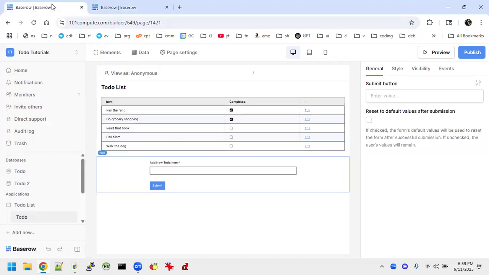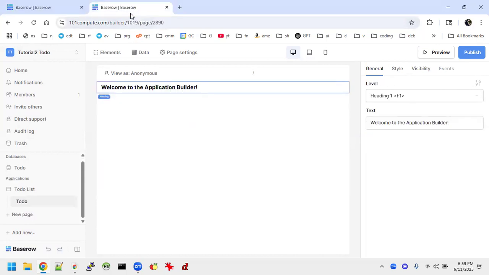And let's take a look at what we have over on the existing application. We've got a little bit of text. We've got a grid, and we've got a little form. So the way this works is we've already got some default text there. You can see over here I can